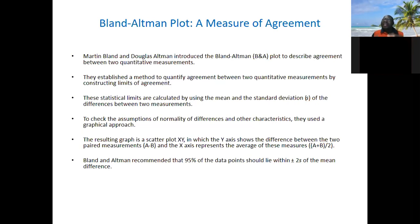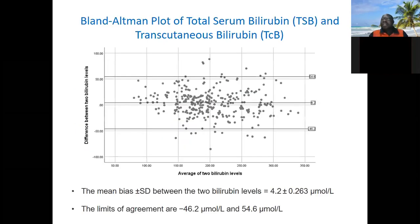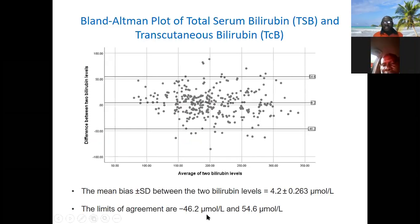But you want to see how the difference varies along the average value. As the average increases, does it affect the difference in the measurement? That is what we just did. Before we look at the example, this one I plotted, even the two you're going to see, I plotted them. This is what I plotted for the person. And if you look at it, the bilirubin,